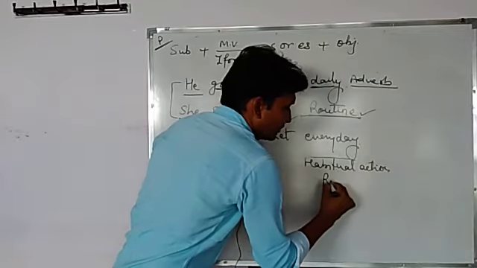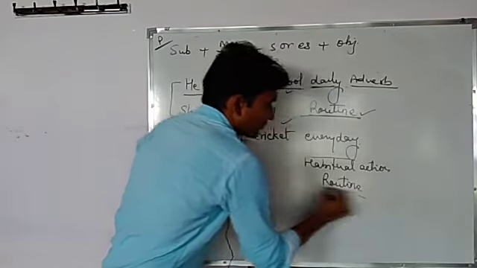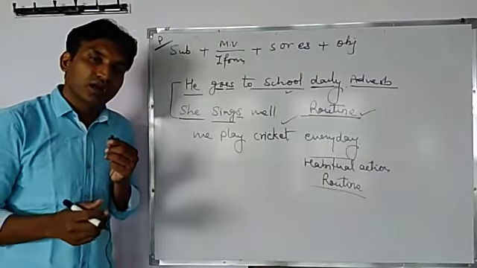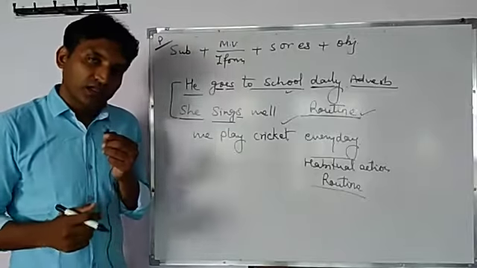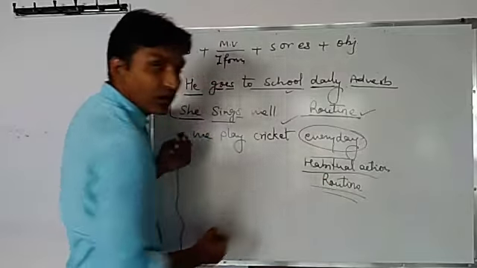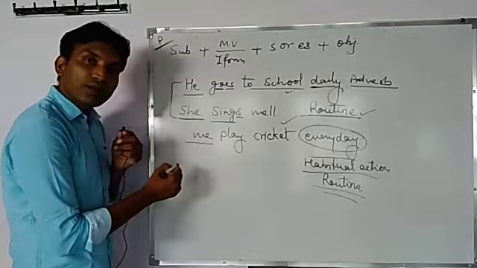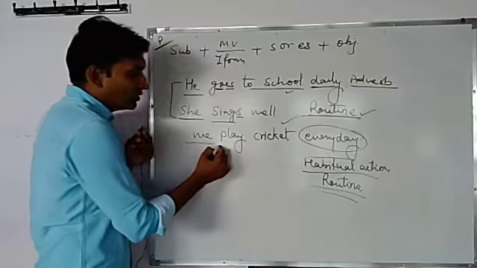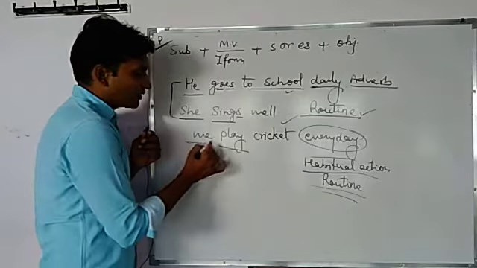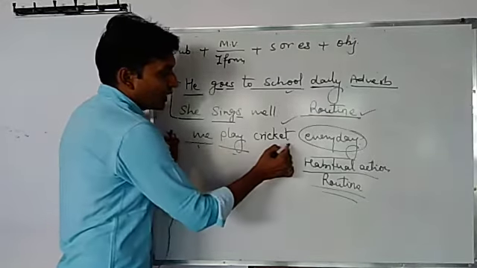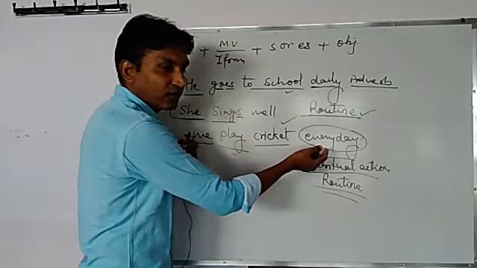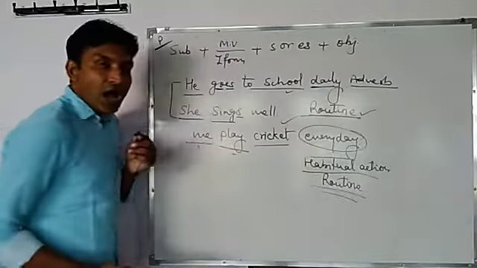Or can we say a routine? Okay? It's a routine to play cricket daily or every day. Or we are in the habit of playing cricket every day. So it means this is also an adverb and it is showing habitual action or routines. Here the subject is plural, and if the subject is plural, only the first form is written without s or es. So subject, main verb, and object, and if there is any adverb, we can place it here. So we play cricket every day.